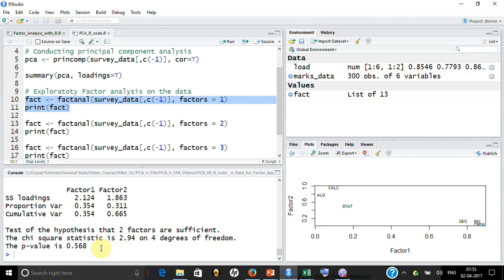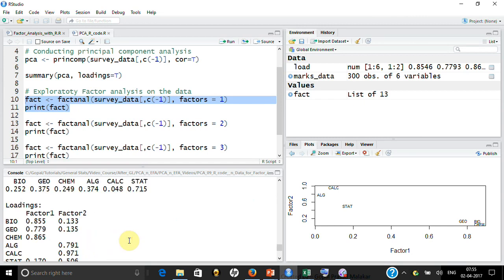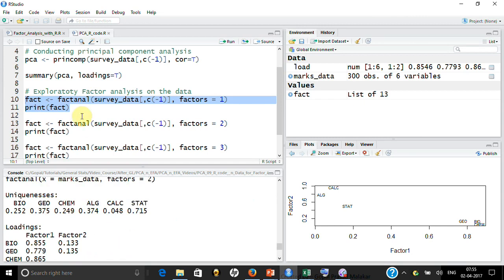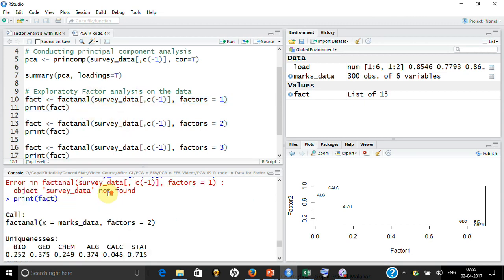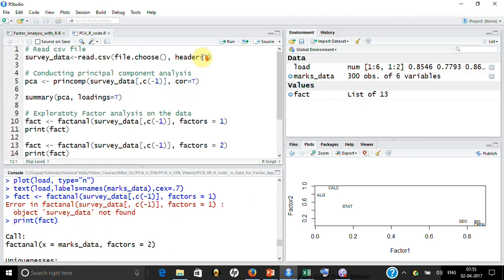The p-value is insignificant, meaning, no, I think it is giving me the wrong output. Let me try once again. The survey data is not here, and that's why it has given me the wrong output. So let me load the survey data once again.